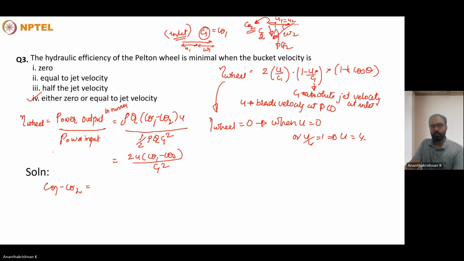The blade angle will be the angle which the relative velocity makes with the line in which the jet will be impinging the blade. So this will be theta 2. The corresponding supplementary angle will be 180 minus theta. So we can write C theta 2 as